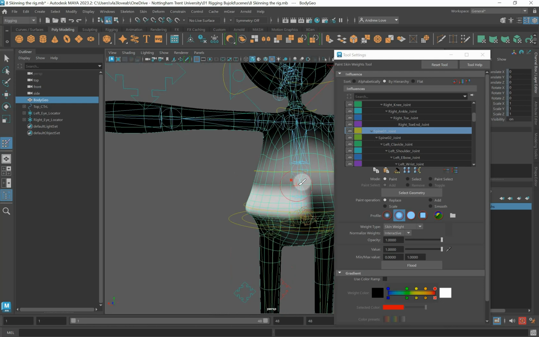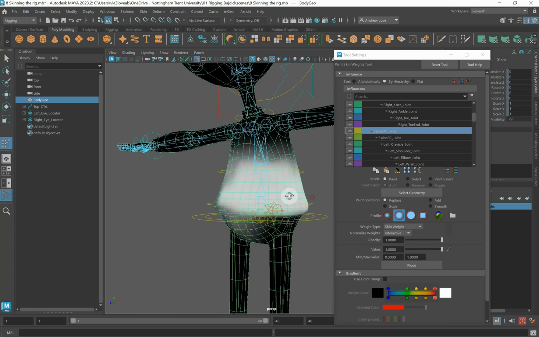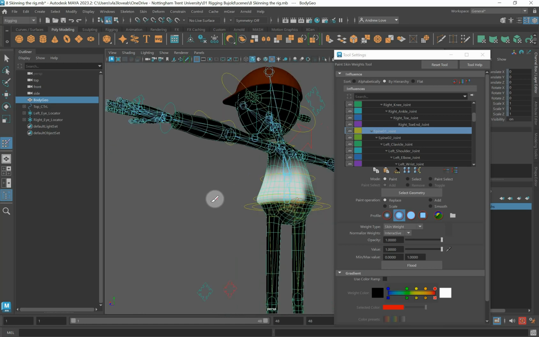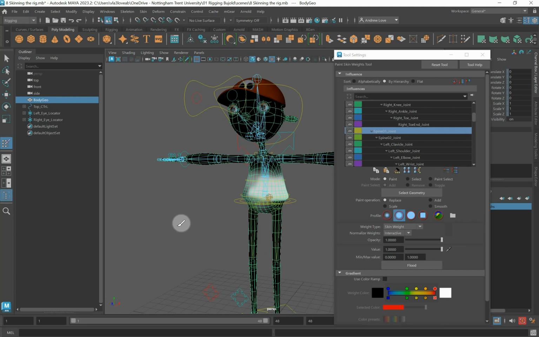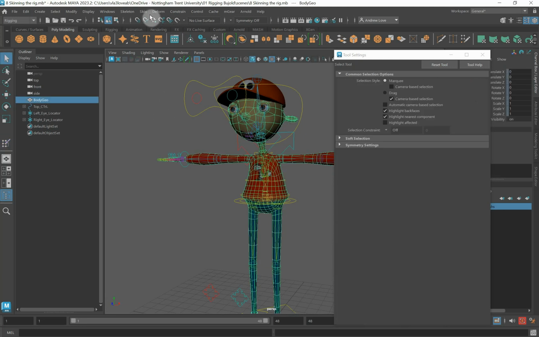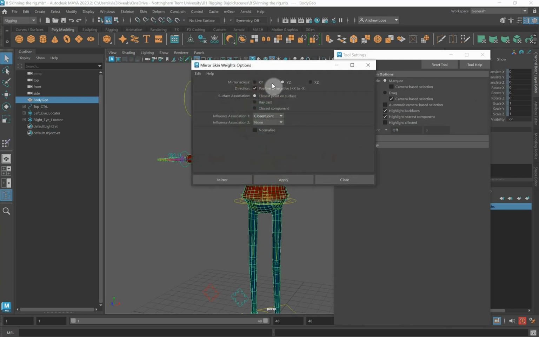And you can see it's actually the vertices that it's painting on. So although, okay, I'll do that onto that waistline a little bit there. If I want to now come out of that tool, if I just select that and go Skin, Mirror Skin Weights, we can go